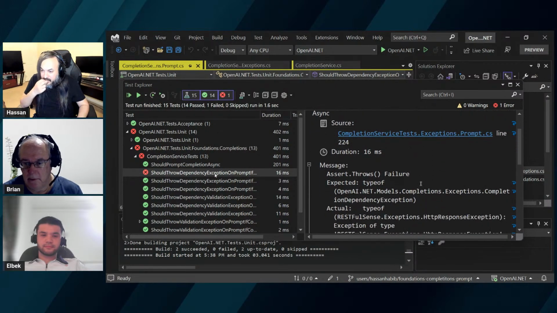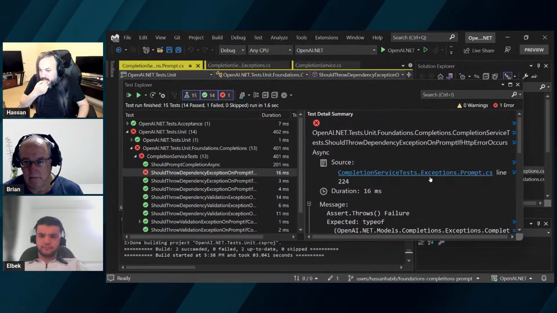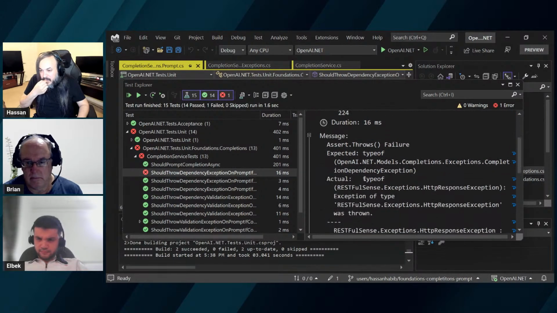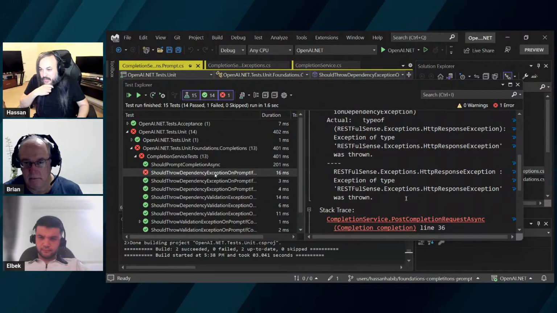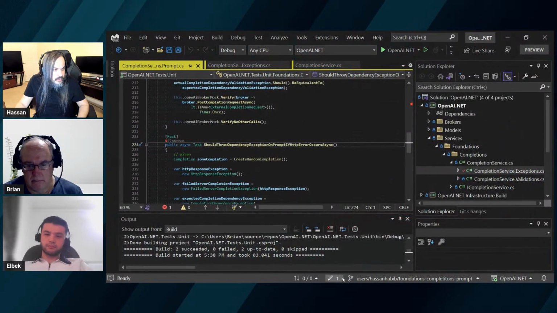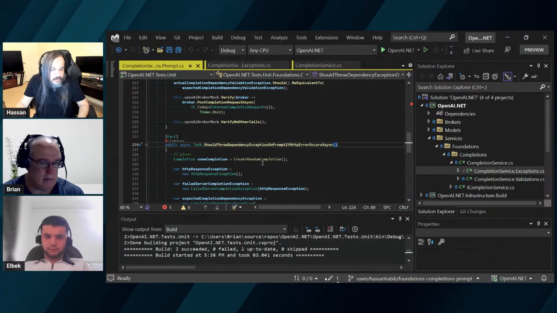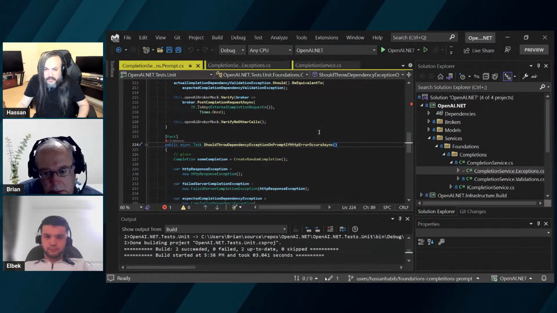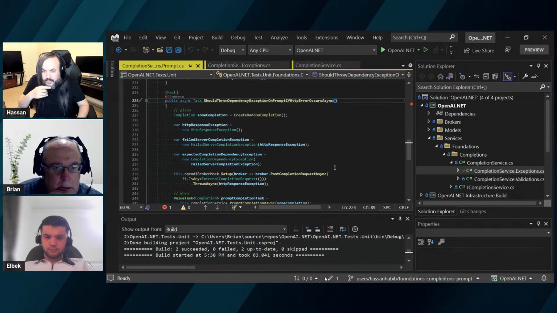Okay. So what's this one? This is dependency and prompt. What's the error? Scroll down. It says I expected you to give me a dependency exception, but I got HTTP response. You got the latest from me, right? You should. Let me run all the tests on my side. What happened? Should throw dependency exception response error. That shouldn't, maybe